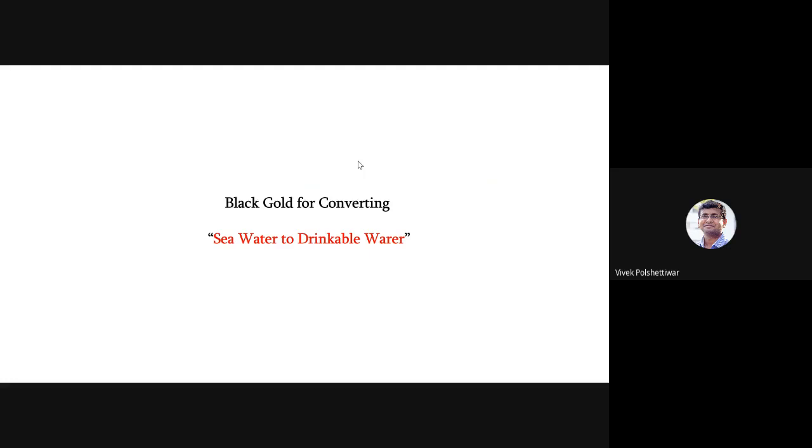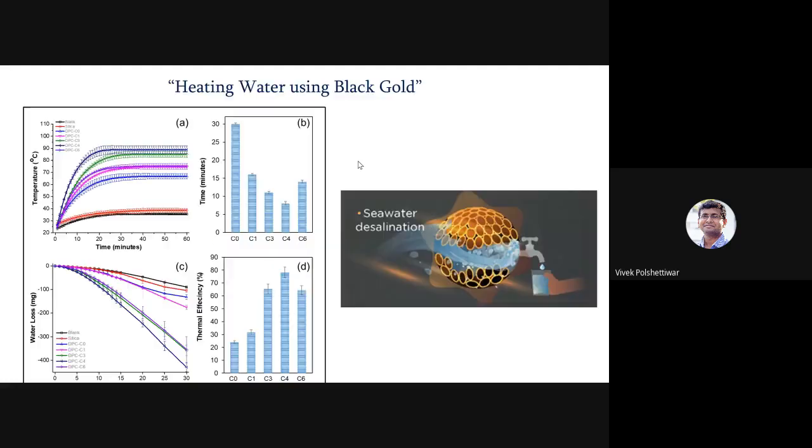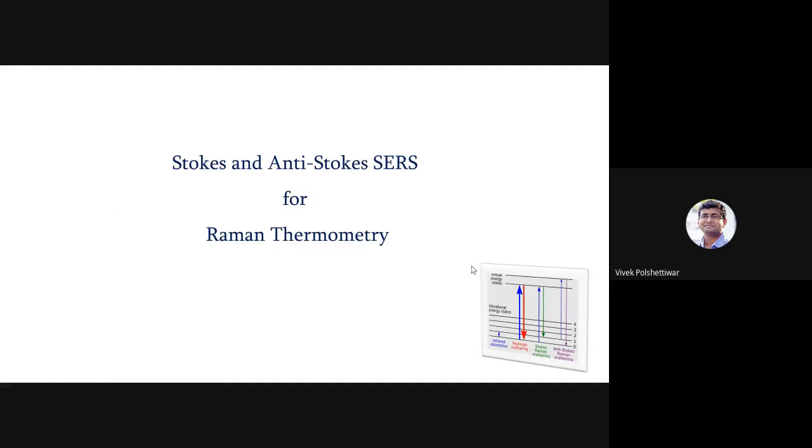And the heat that is produced by exposing the black gold to sunlight can be used to convert seawater into drinkable water. You can see we can evaporate the seawater by just putting the black gold in light, and capture the vapors, cool it down, you get pure water. You may say, why do I use black gold, which is expensive? True, but this is catalytic. You don't need a large amount of black gold. And you can reuse the black gold. So ideally that will make the process sustainable. Although we are looking for other different materials which are cheaper than gold, gold has its own unique chemistry. I skip these details to save time